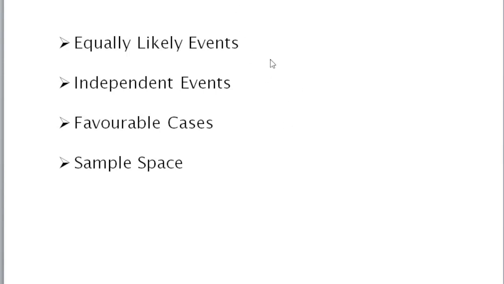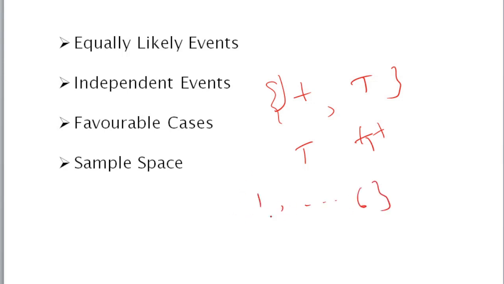If you consider a coin tossing problem, there may be either head or tail, so there will be no preference whether it will be tail or head. So this type of events are known as equally likely. Or you can consider a throwing a die problem. There are six different faces, up to 6. We cannot actually give more importance to any one of them. That is why these points 1 to 6 are all equally likely.